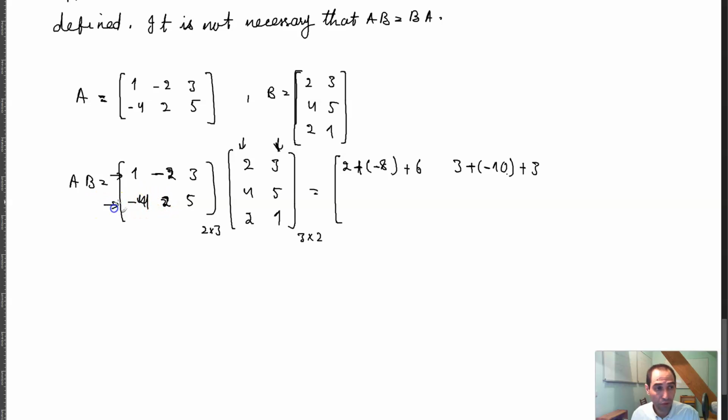Then I have this row and this column. So -4 times 2 is equal to -8, 2 times 4 is equal to 8, and 5 times 2 is equal to 10. Then this row and this column: -4 times 3 is equal to -12, 2 times 5 is equal to 10, and 5 times 1 is equal to 5. And that is equal to